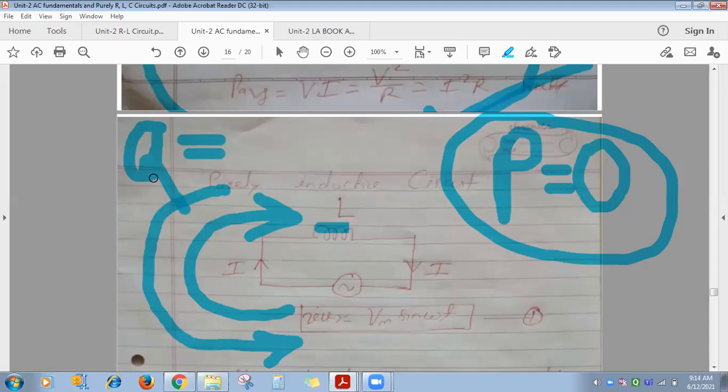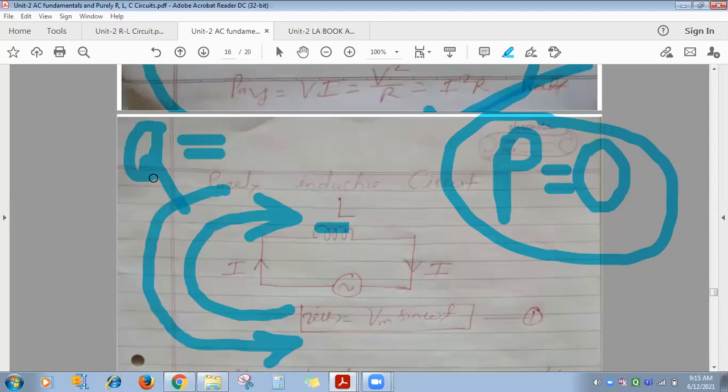What is the value of sin phi? The sine of 90 degrees is 1. So you can find that some reactive power is there. About the reactive power formula, its derivation and unit, we are going to see for series RL in the next topic, once we finish with purely capacitive.